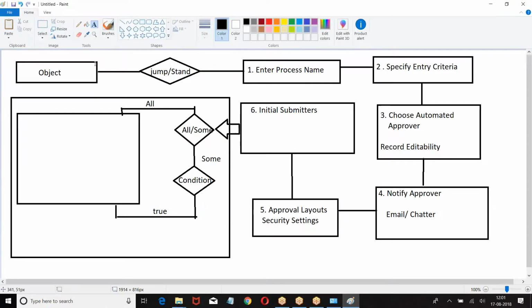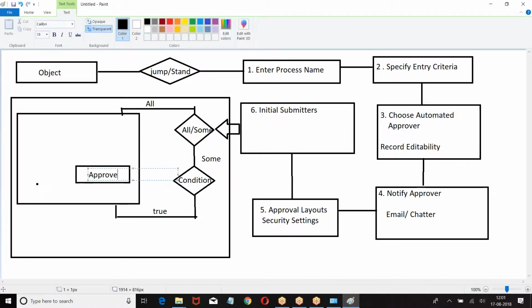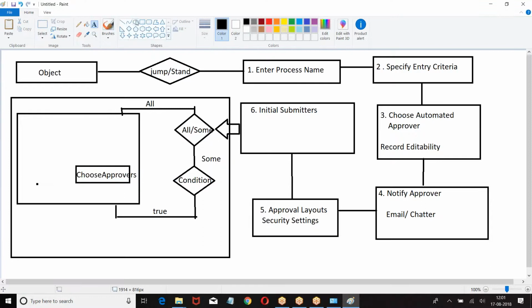When they are true, then choose the approvers. An approver can be a single person or a group of persons. Choose approvers.